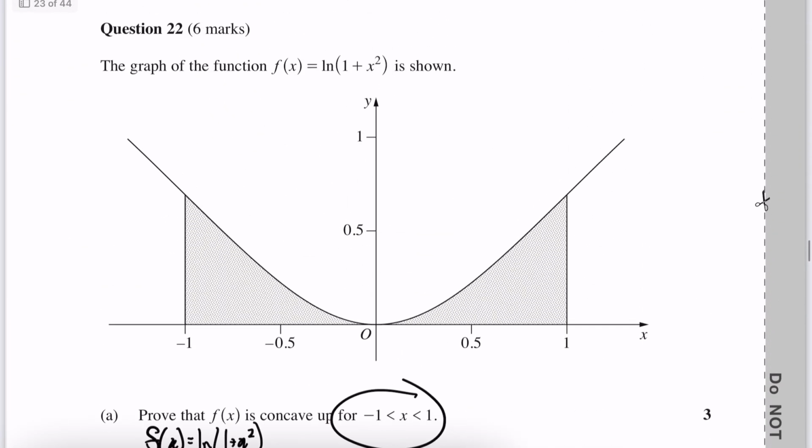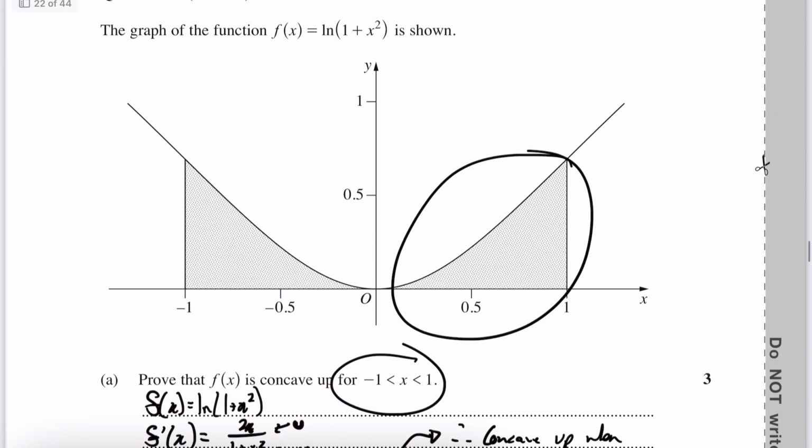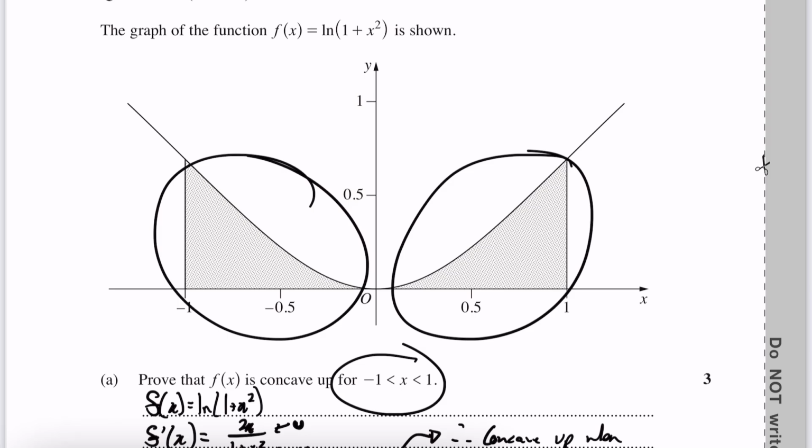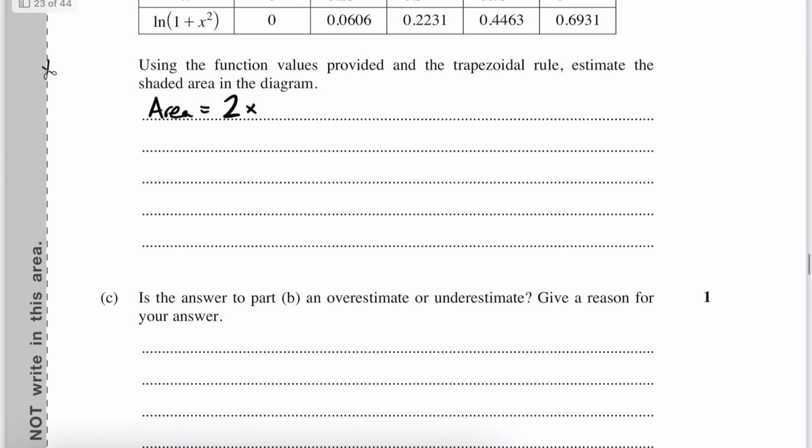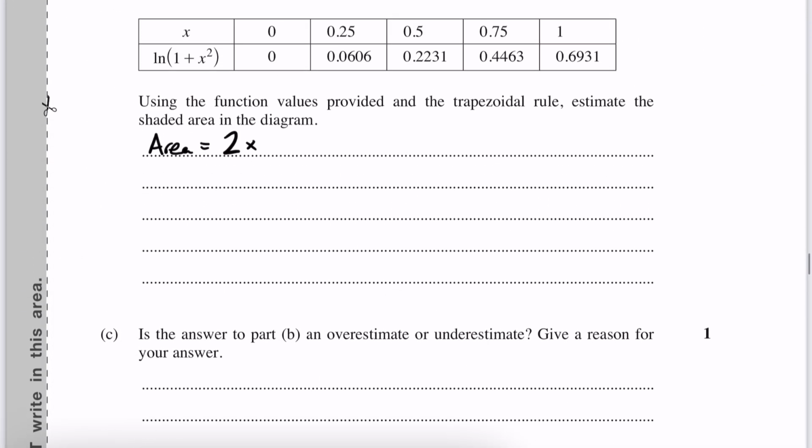Okay, so we're only calculating one of the halves here, and by multiplying it by 2, we're going to get the second. It's going to equal, so then you have a numerator, which is 1 minus 0, the difference between your first and last x value, over 2, times